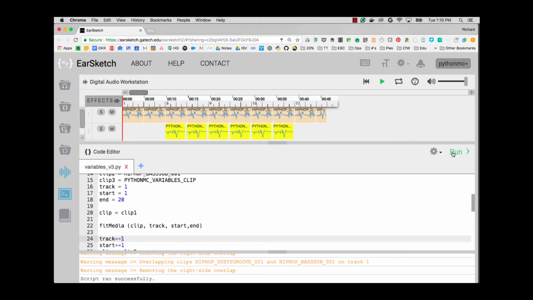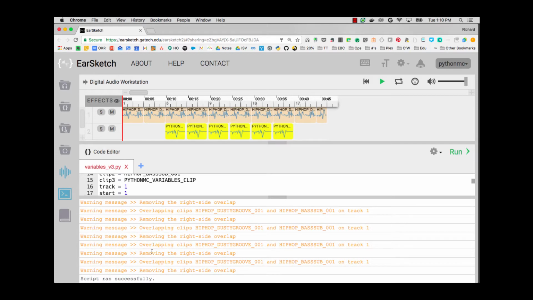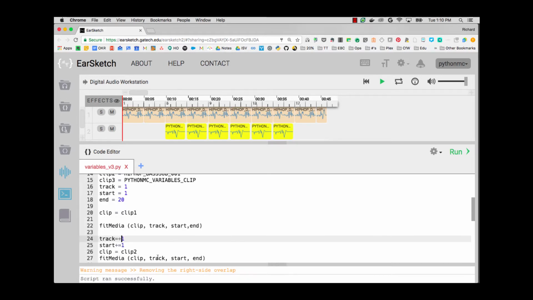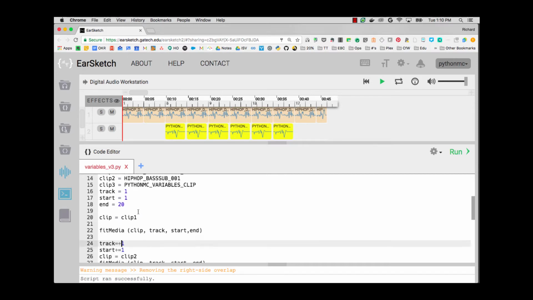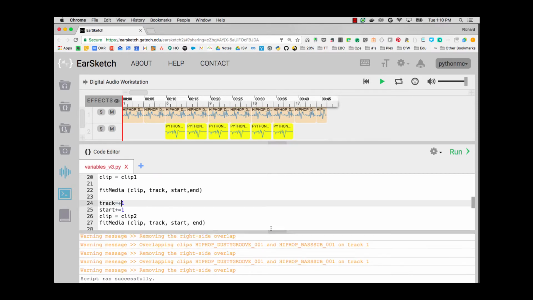Okay, so now we've got a problem because you see the tracks are overlapping, because you made it equal 1 effectively. That means it sort of ignores the plus and says, oh, you just mean positive 1 as opposed to negative 1. And so now you'll see this error where it says overlapping clips, hip hop dusty groove 01 and hip hop bass 01. Because originally these were supposed to be on 2 separate tracks. We were supposed to put in dusty groove first and bass sub second on 2 separate tracks, but now